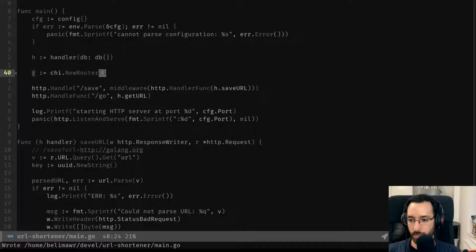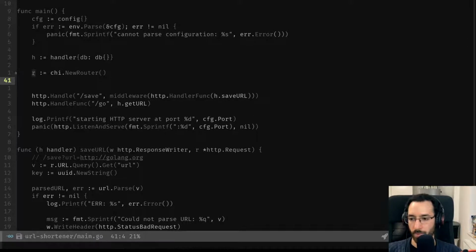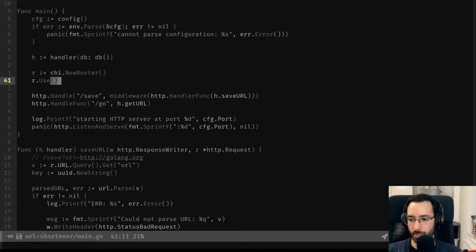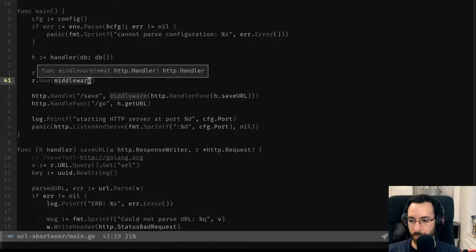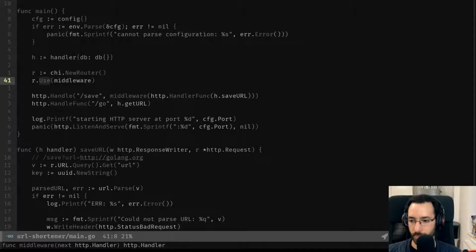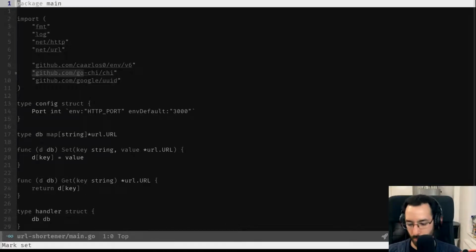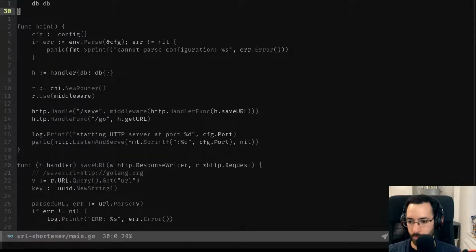If I save, it's imported. So what I can do is r.Use and then I can pass in my middleware, if my language server works, but I don't know why it doesn't want to work. I can pass my middleware here. And still not recognizing chi for some reason. Is it even important? Yes, it's important. Well, too bad. Anyways,